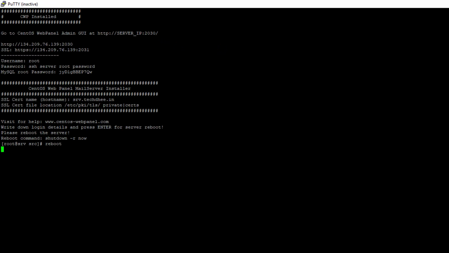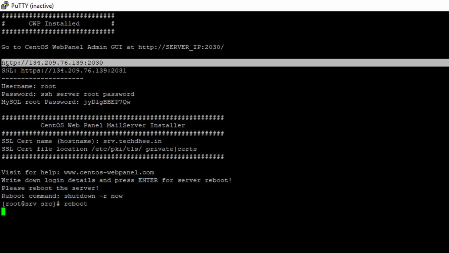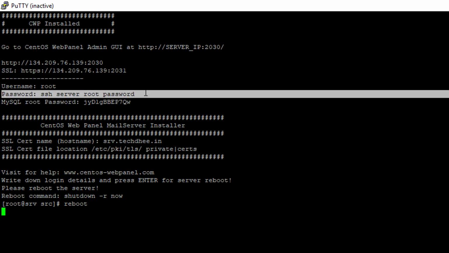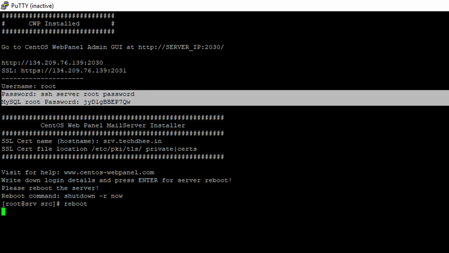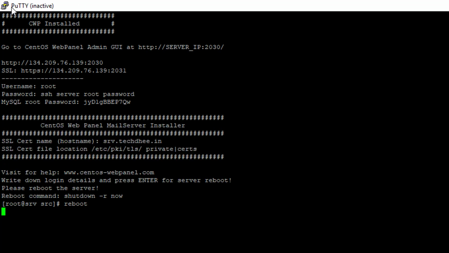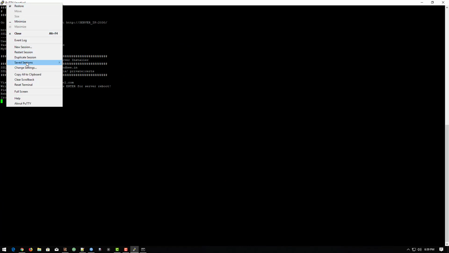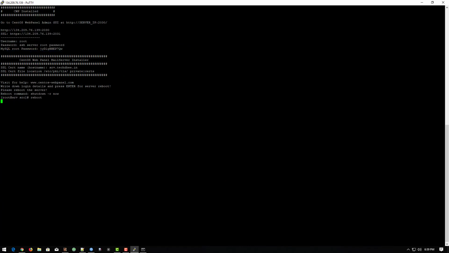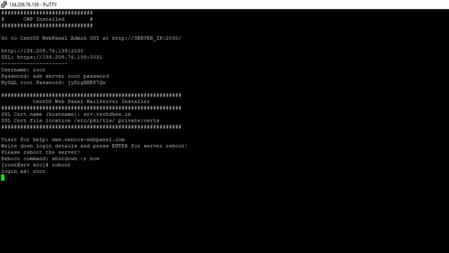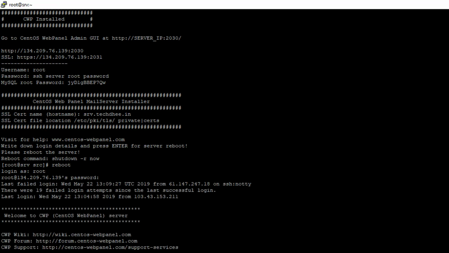It will take some time. Meanwhile, we have to see all the related IP addresses and username. When our system is turned on, simply reconnect the connection. I'll log in again with our username and the newly set password. I logged in,